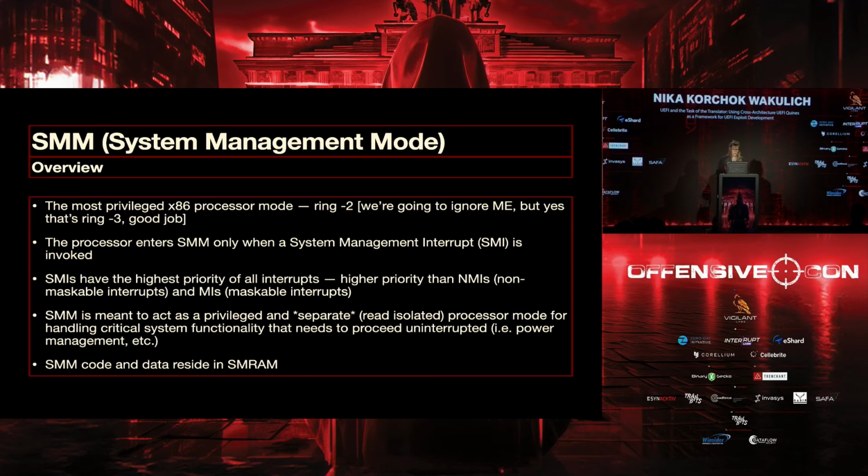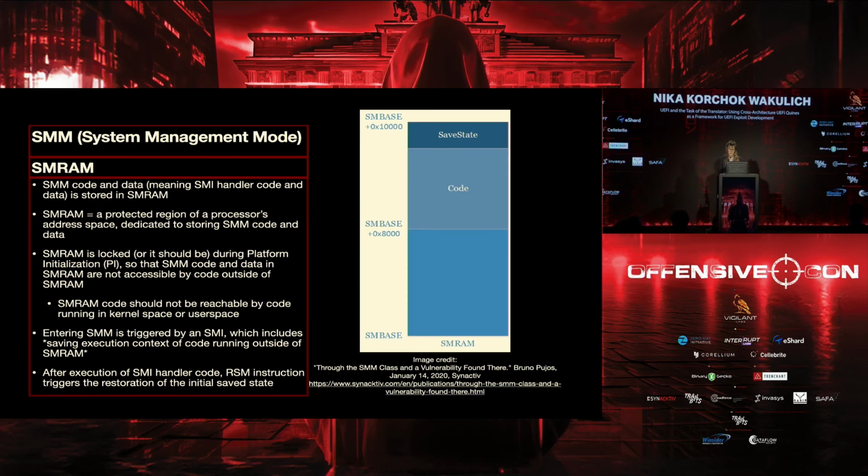SMM code and data, because they're so important, reside in a different region of memory called SMRAM. It's meant to be protected, and it's meant to be locked during platform initialization. It should not be reachable by code that's running in kernel space or user space or anything outside of SMM. But